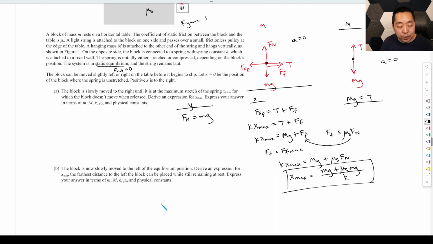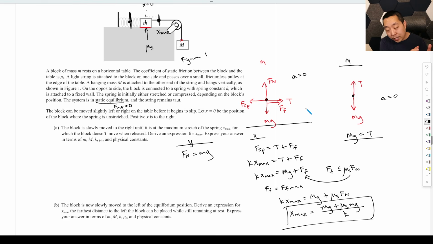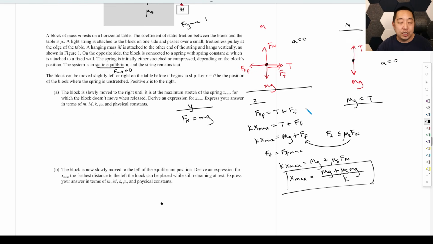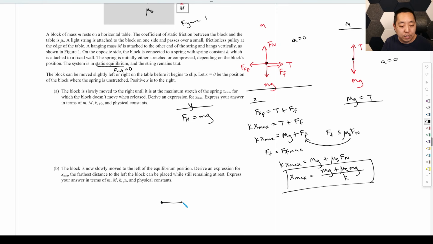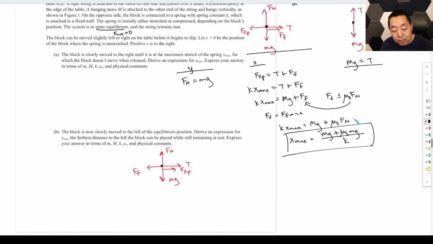So what's going to be different in our free body diagram is that now you've squished the spring, and the spring is trying to push it outward, but friction is going to be opposing it. So if we draw a free body diagram, mg, we have normal force, we still have the tension force to the right. Now the spring force is to the right, and what's holding it in place is going to be the frictional force. And at the very maximum,